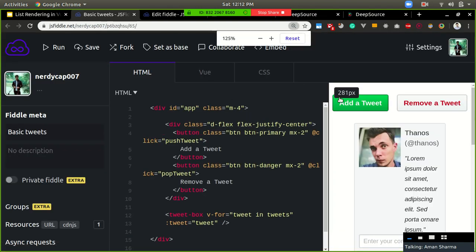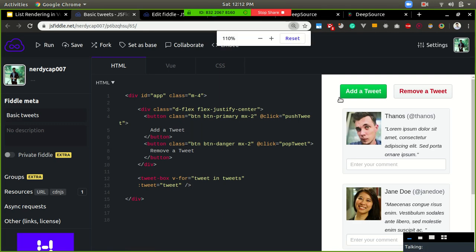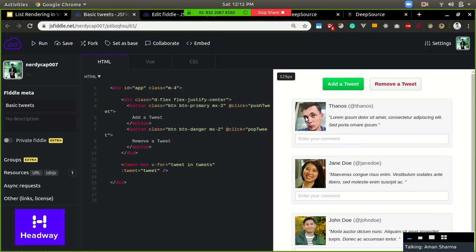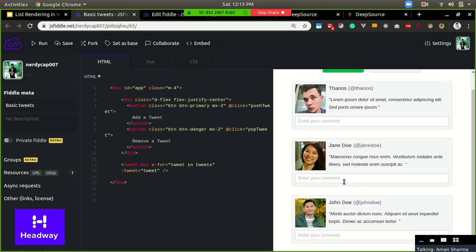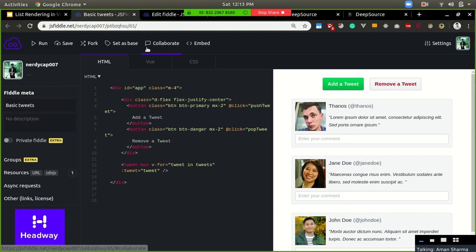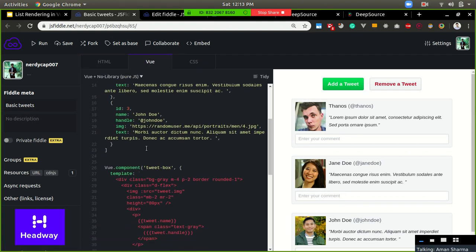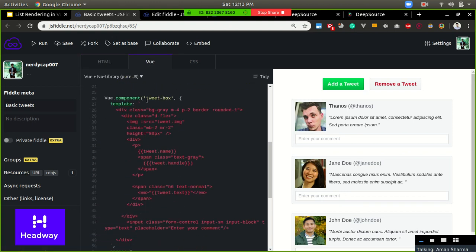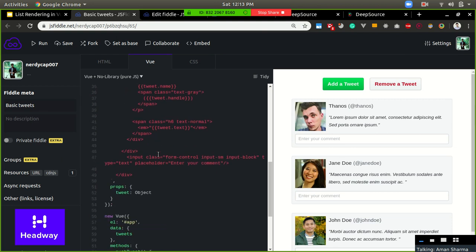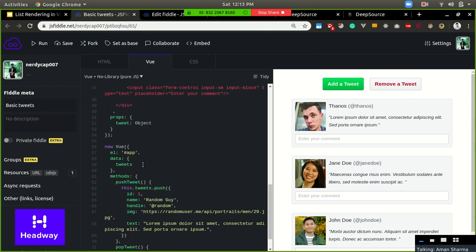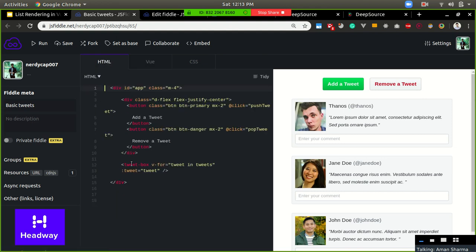This is a simple Vue.js list I have rendered. Each item is a simple tweet, so 3 tweets are rendered over here. This is the data. I've created a component named tweetbox, which is a tweet box, and I've used that component over here.